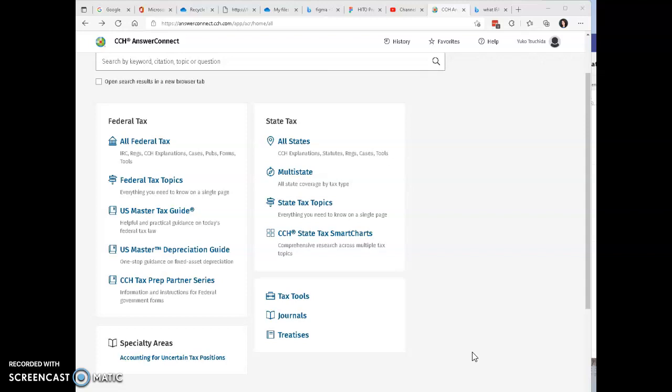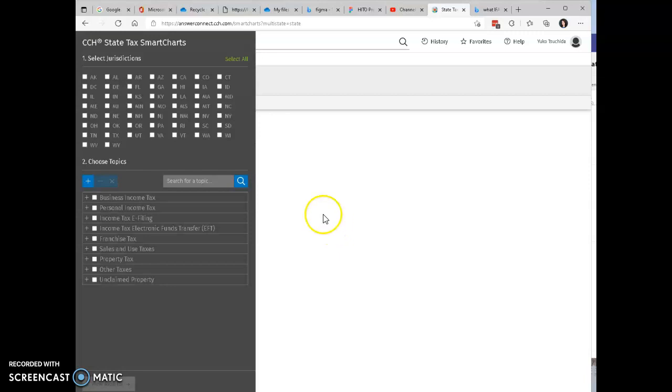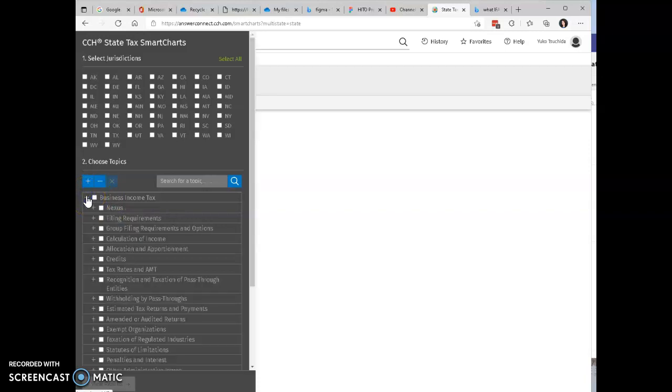So as you have access to CCH, please log in there. And once you come into the home, you will see federal tax and state taxes. You want to go to CCH State Tax Smart Chart. And it will bring you to this screen. So what you're going to do is expand business income taxes, and then you can expand allocation